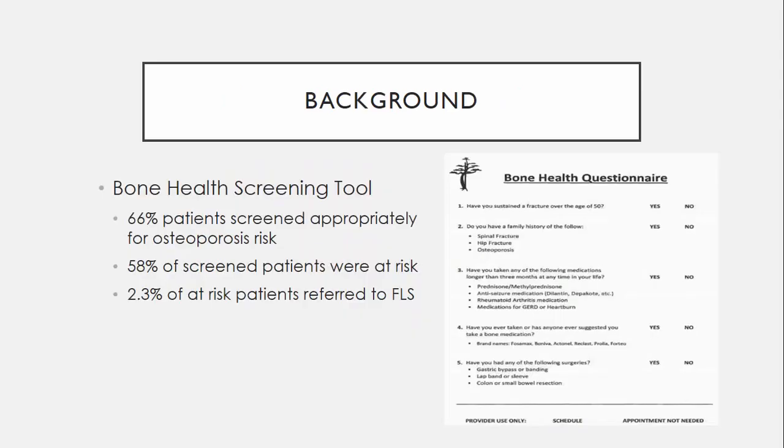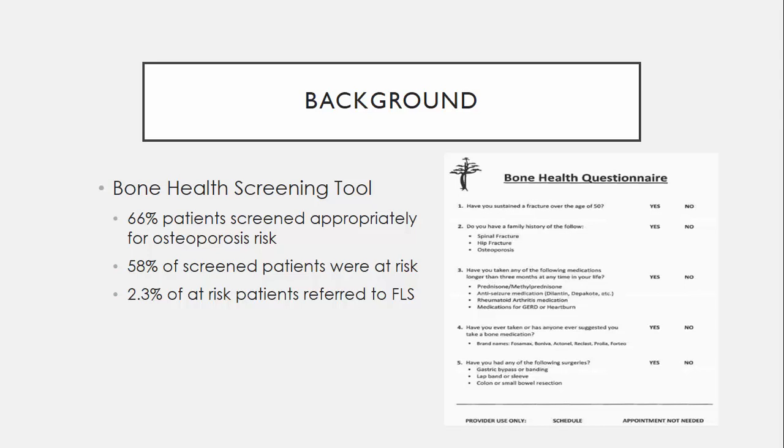The clinic that I was working at is a large orthopedic surgery practice in southern Alabama, and they had recently established a fracture liaison clinic. So the orthopedic practice began using a 5-question bone health questionnaire, something they had developed to identify patients at high risk for having unidentified osteoporosis. The screening questionnaire was administered to all new patients over the age of 50.